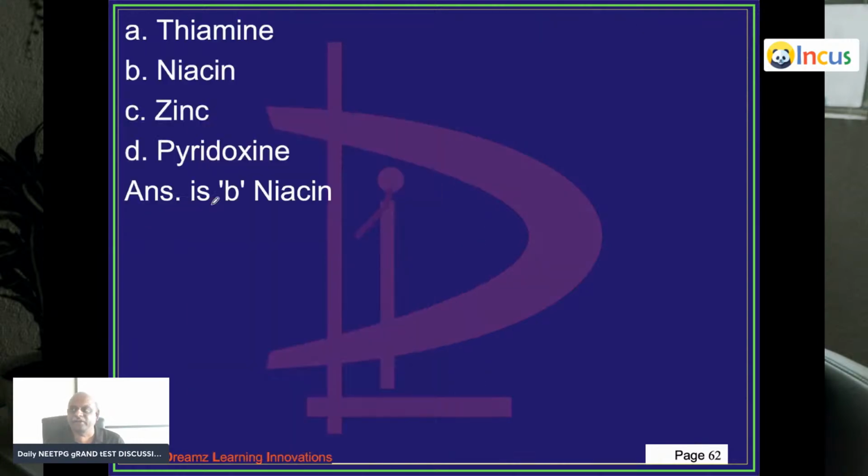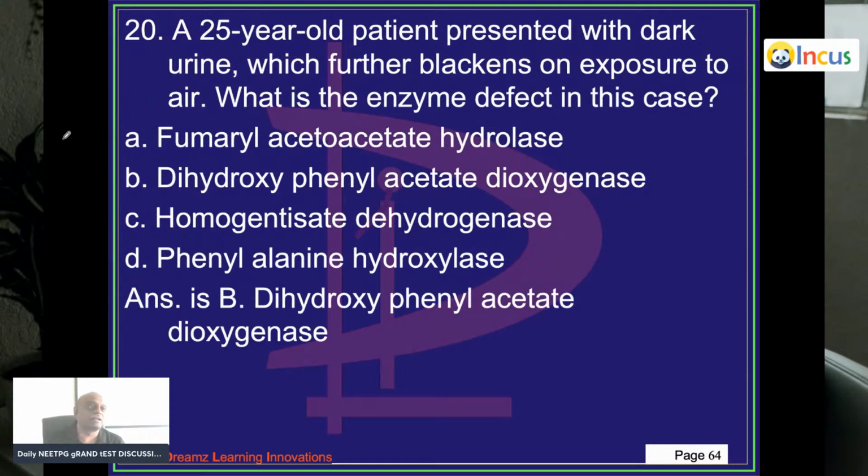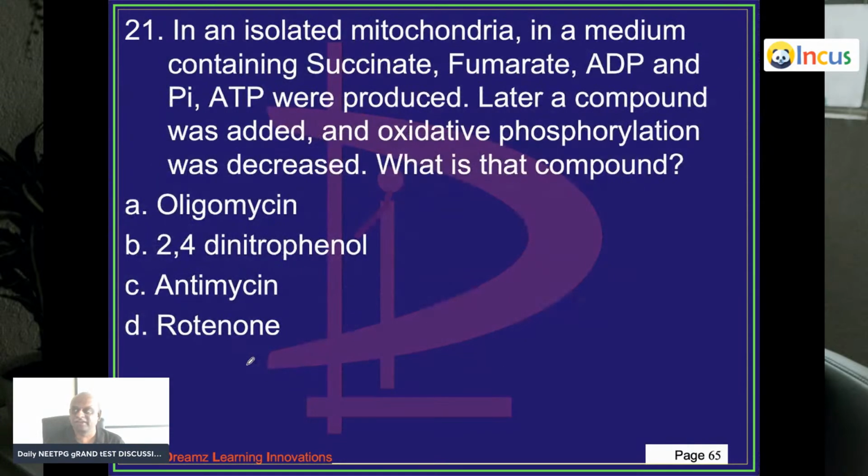Which vitamin deficiency is this? Niacin deficiency leading to pellagra. 25-year-old with dark urine which blackens on exposure is homogentisate dioxygenase deficiency. So all this alkaptonuria, phenylketonuria,